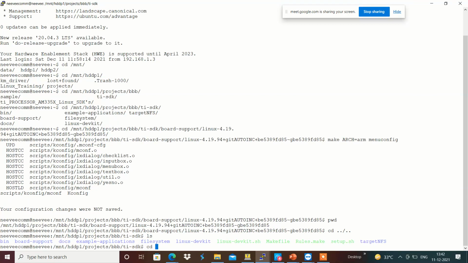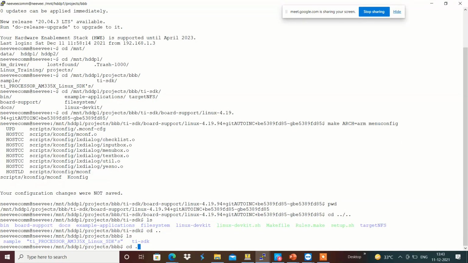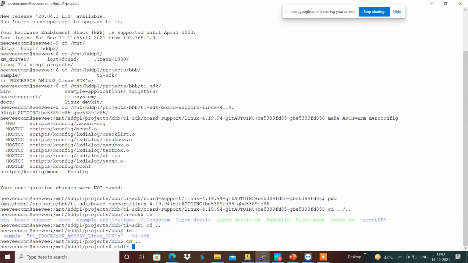Yeah, in the host PC itself, I'm going to do ldd, Ubuntu maybe.